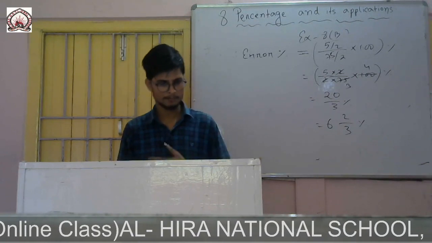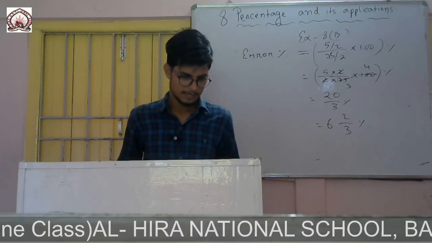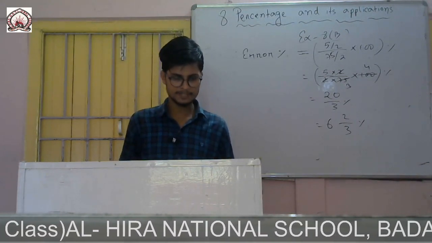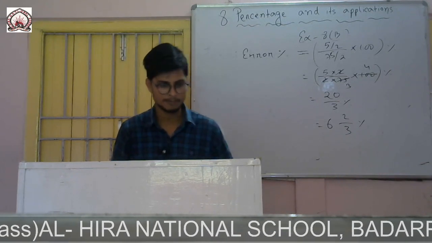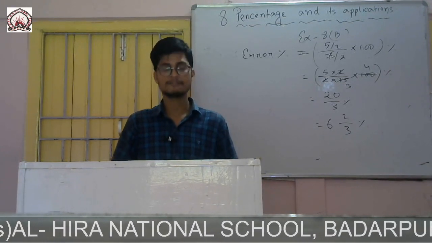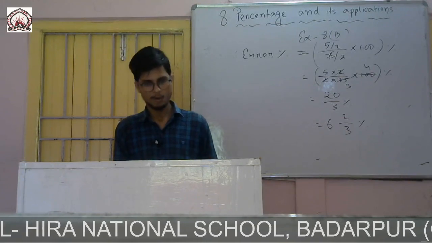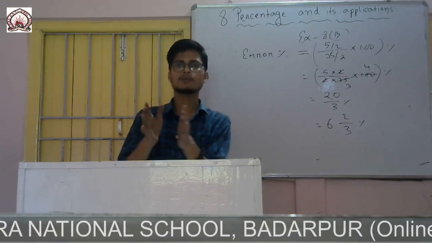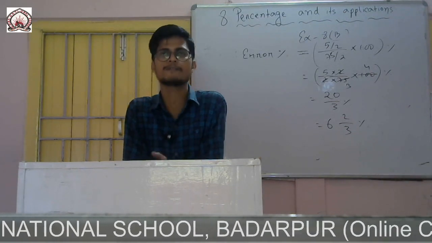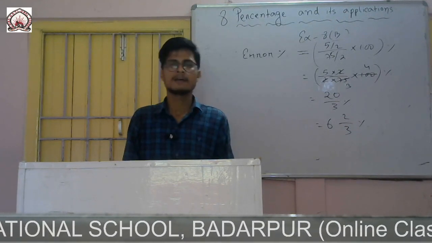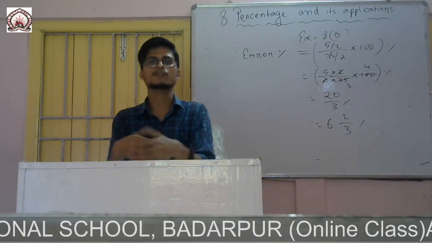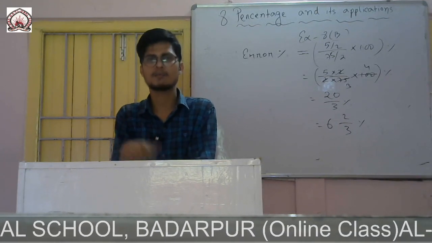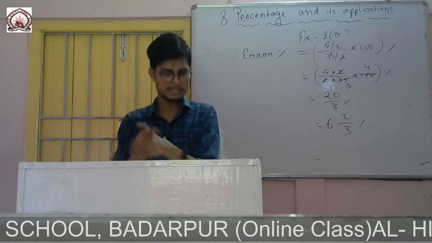Okay, now question number 8. Chalk contains 10% calcium, 30% carbon and 12% oxygen. Find the amount in grams of each of these compound in 1 kg of chalk. The total quantity of chalk is given 1 kg. So first of all, I will convert. Question is to find the answer in grams. So first of all, I will convert the kg into gram. 1 kg equals to 1000 gram.